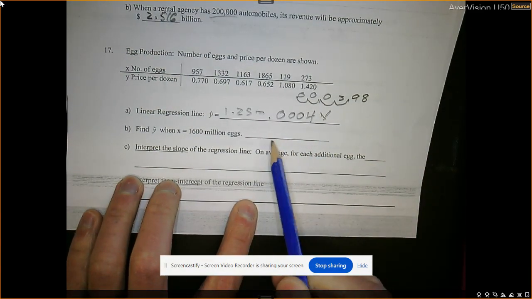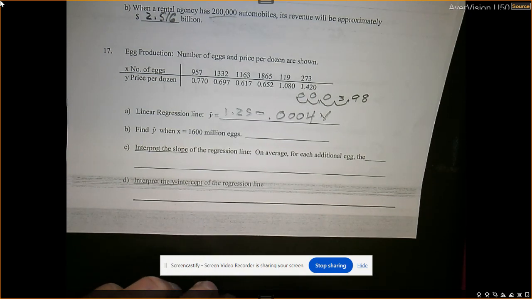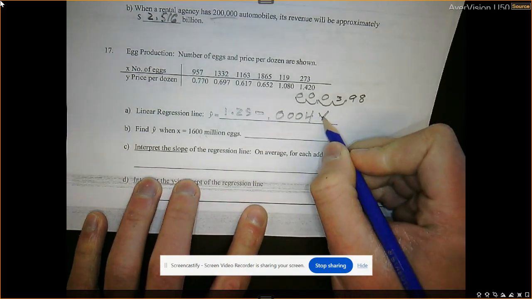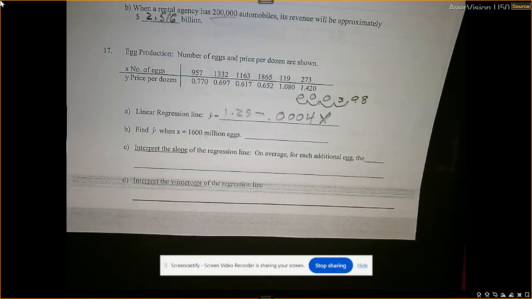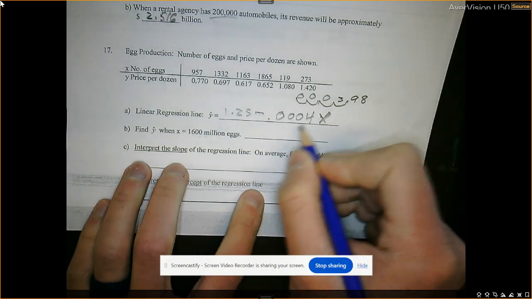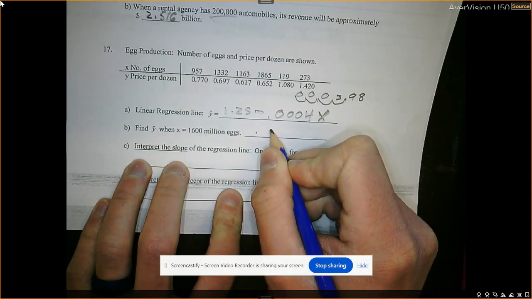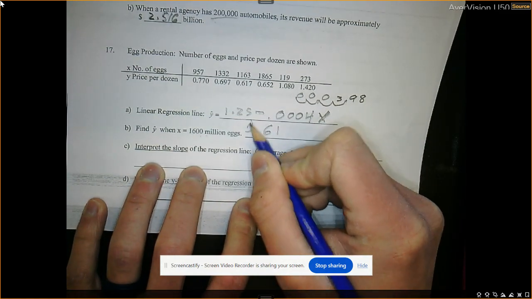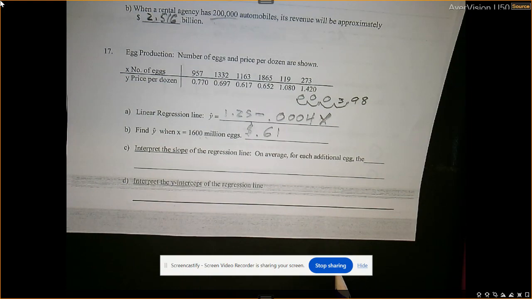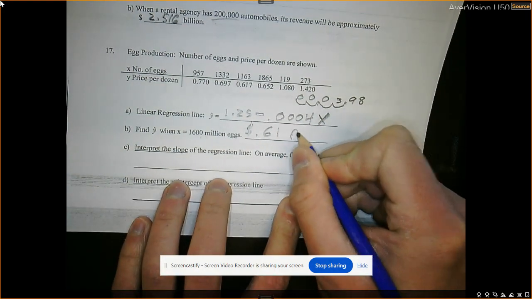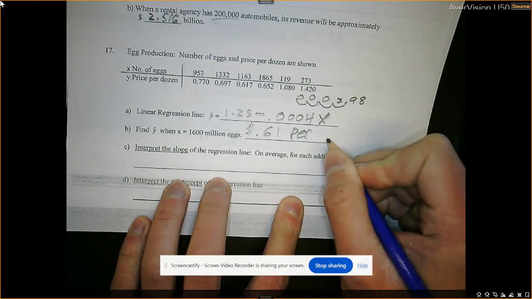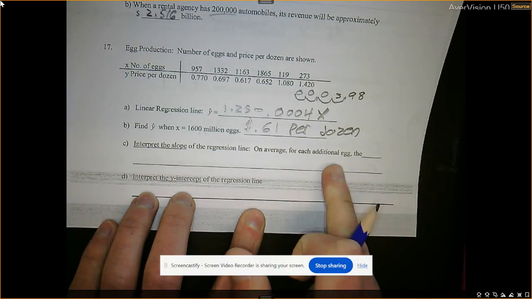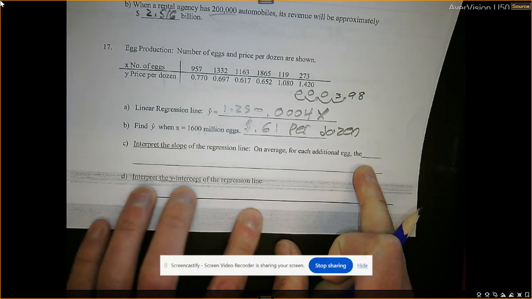Okay, now if we were to use this for 1,600 million eggs, you are putting in 1,600 in for x. When you do that, you should get 0.61-ish, depending on where you round. That's money we are talking per dozen. Interpret the slope of the regression line: on average, for each additional egg,